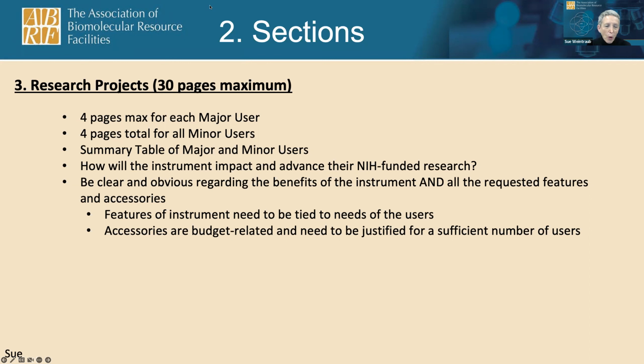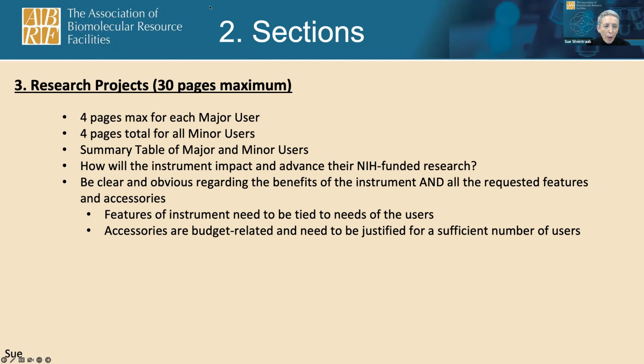So you could explain what the experiment or technology is and how it will be used in general. This is where you'll also put whether it will be self-use by investigators and staff, and there they should say who it is that's going to be using it, or if it's going to be run by the core and who's going to be preparing the samples. So you could have that in a summary. You don't want to repeat any more than you have to.